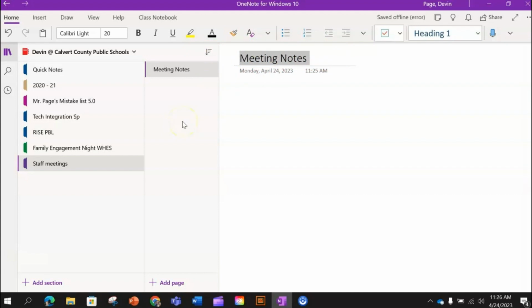Now, what are some other features? How can you add content to your notebook? Well, you could simply type notes in the text field. When you do that, notice it creates a kind of text box, and you can either widen it or narrow it however wide or narrow you want. If you were to continue typing, it would type all the way across the page and extend the width of your notebook. And if you continue typing and add lines, it could extend the length of your notebook.